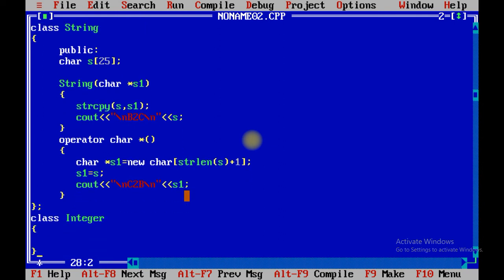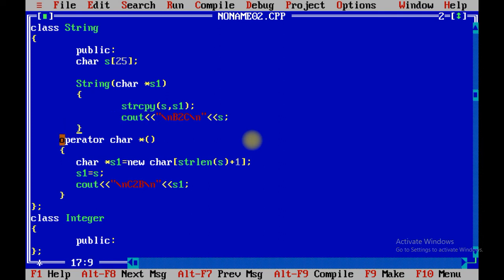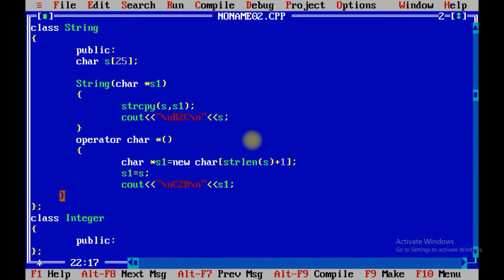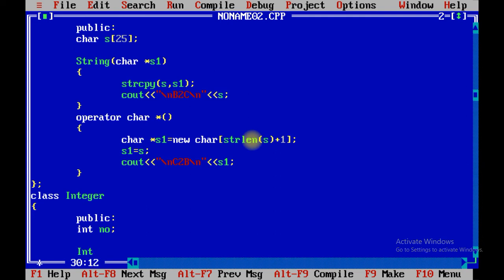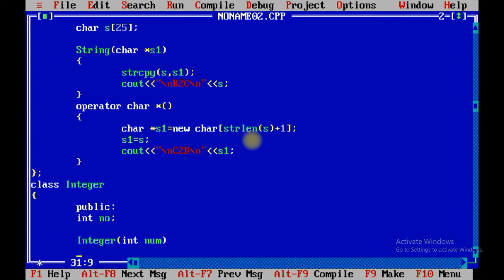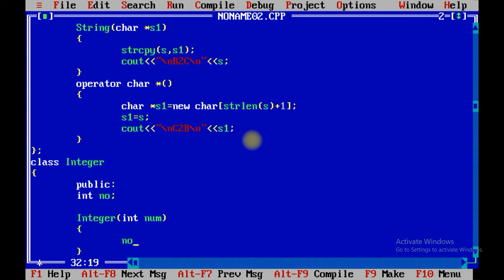I am going to create one class having the name Integer, public, int number, again Integer parameterized constructor Integer(int num), number equals num.